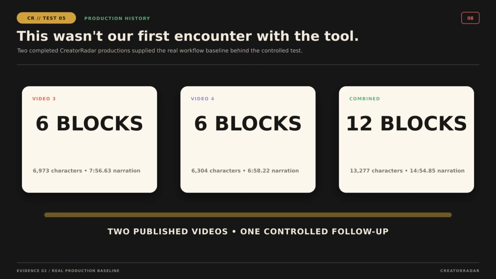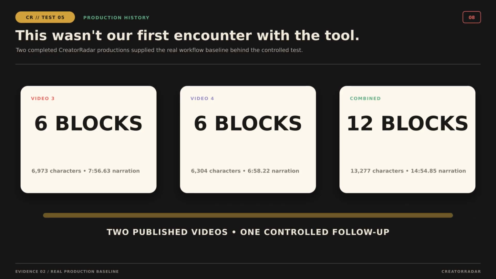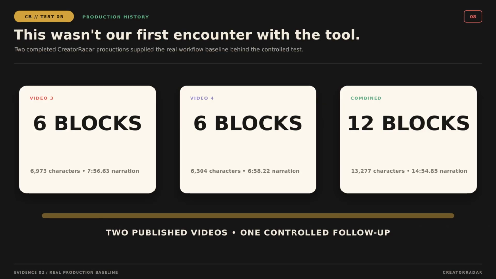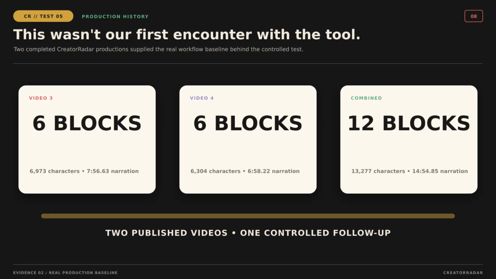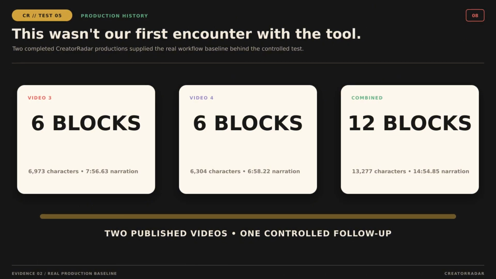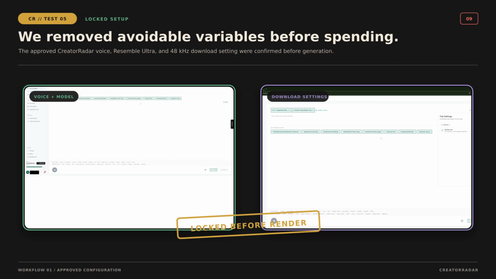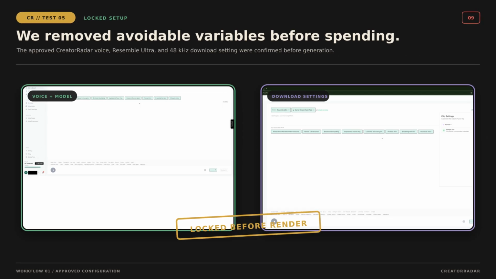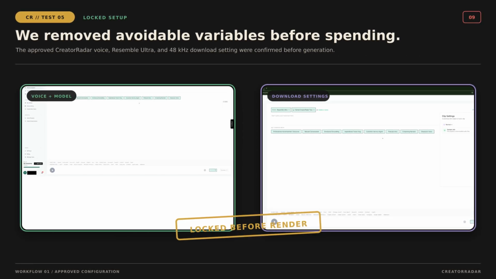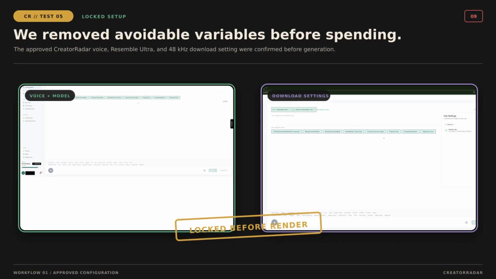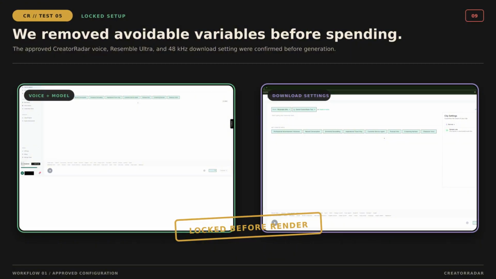Across the previous two videos, I had already produced 12 voiceover blocks containing 13,277 characters and just under 15 minutes of narration. This follow-up was designed to isolate one question: could the configured workflow produce a clean, editor-ready result without a paid retry? Before generating anything, I locked the variables I could control: the script, the approved voice and model, and the 48 kHz output. The plan was one generation, one uninterrupted listen, and a retry only if a real defect made